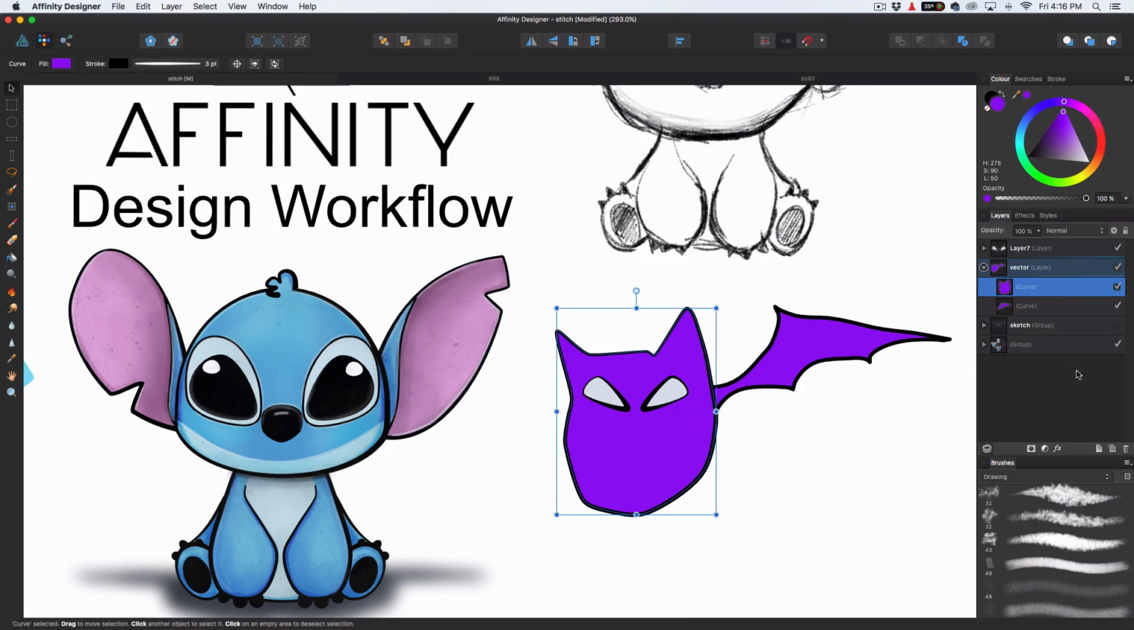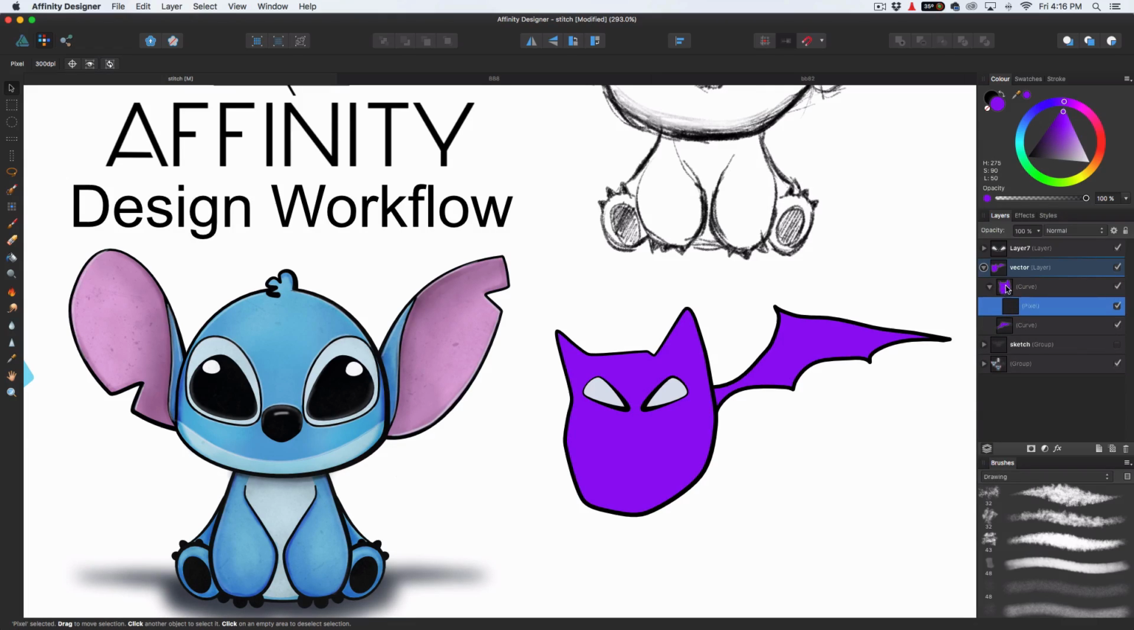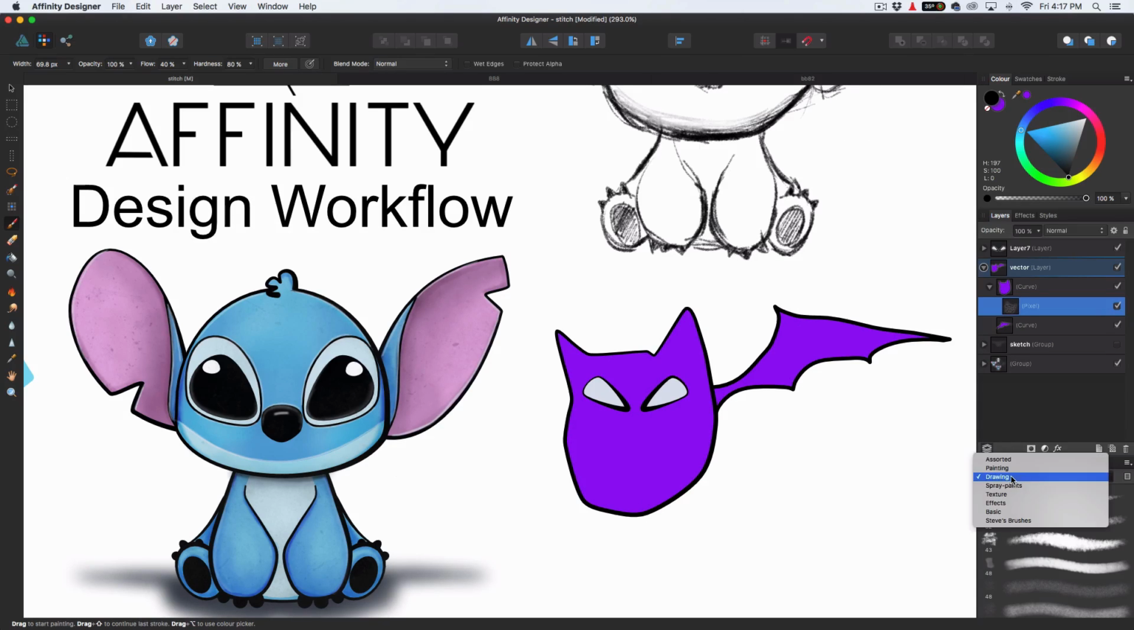So we want to make another pixel layer because we're using brushes and we're back in the pixel. So if you make a pixel layer and then drag it into that layer, this layer will become the mask. So as you draw, you're not going to draw outside the line. Okay, so we were in